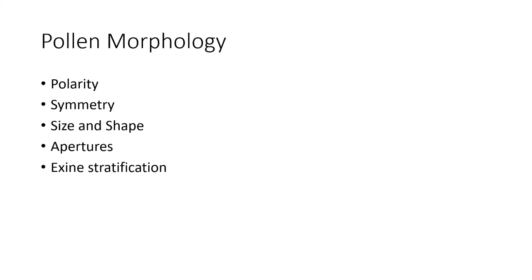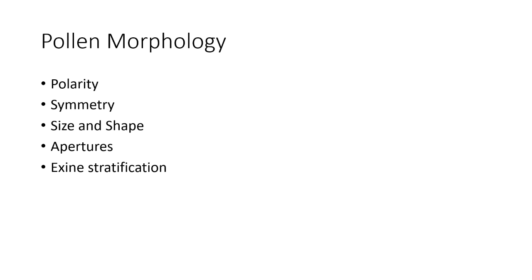Just now I mentioned it, that through one of the apertures, the germ tube or pollen tube comes out during the germination process. So when the pollen grain falls on the stigma after successful pollination, due to all the requirements, you remember the requirements: hydration, presence of sucrose, boron, and calcium. When all these requirements are met, the pollen germinates. So at that germination time, it is the aperture only through which the germ tube or pollen tube comes out.